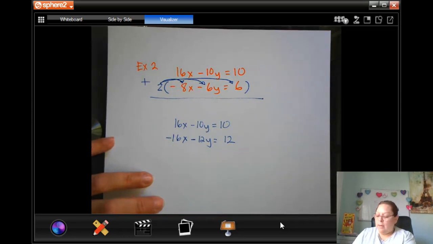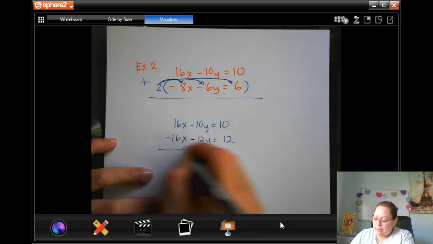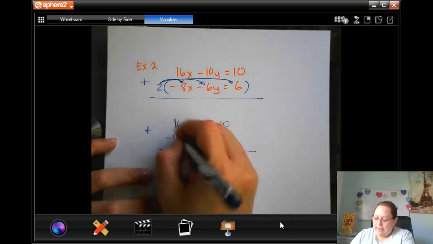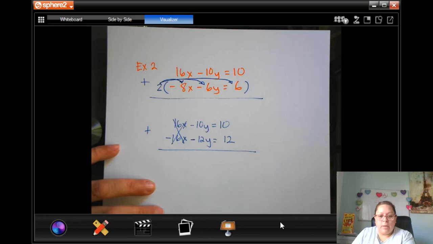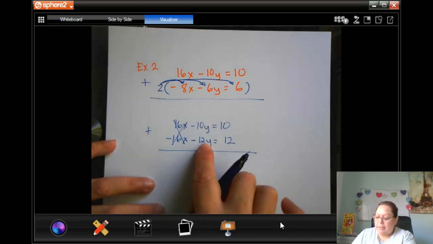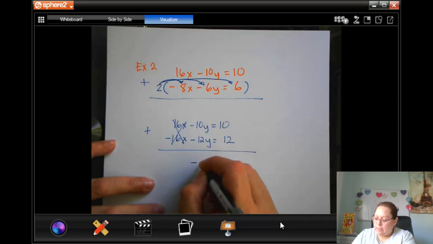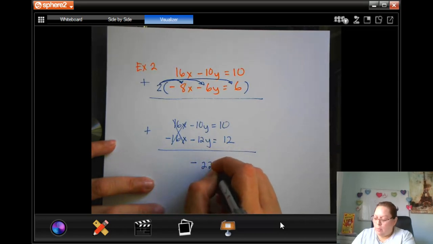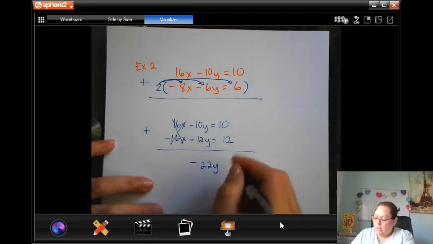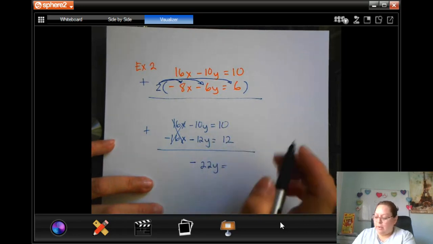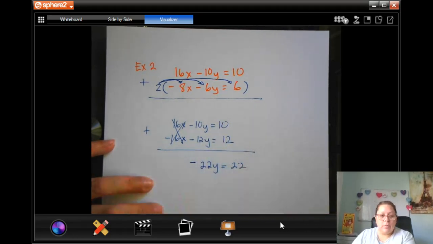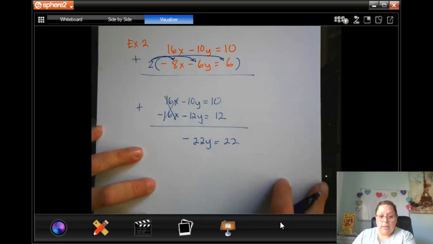Okay, now we're going to go ahead and add them up together. Remember, the x's will cancel. You add these two numbers up, right? You add them up. You get a -22y. You add these two up, and you get a +22. Right? Divide by